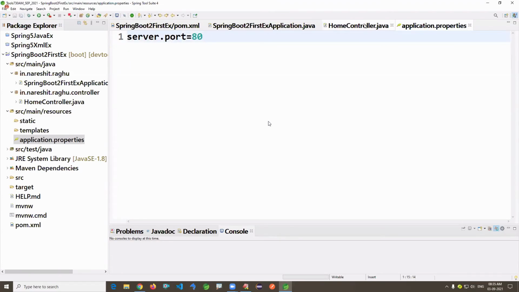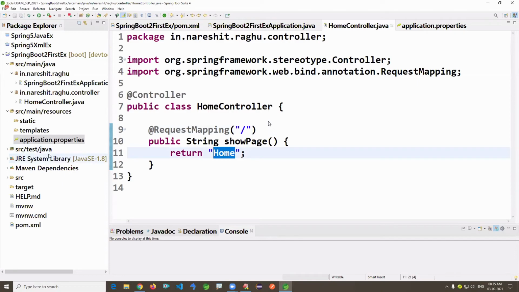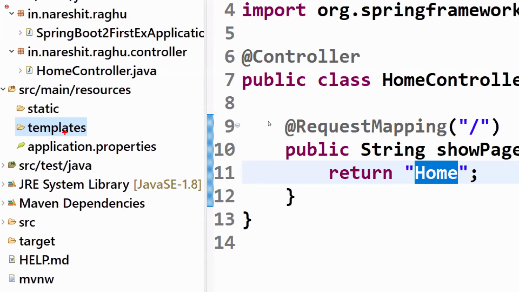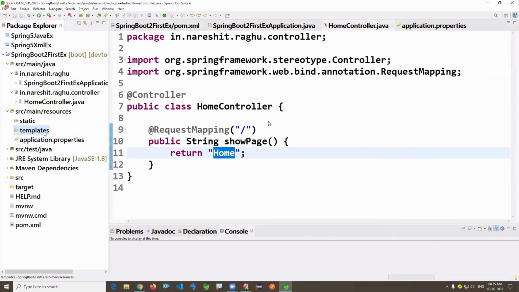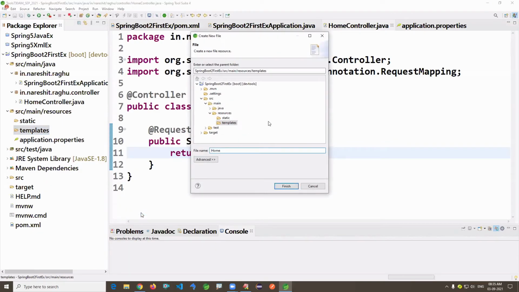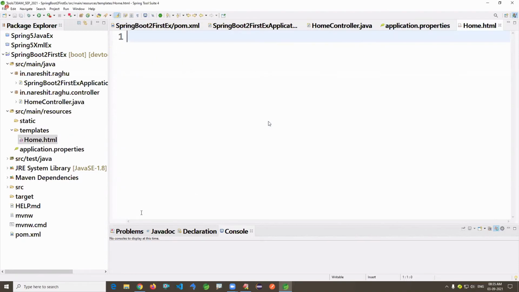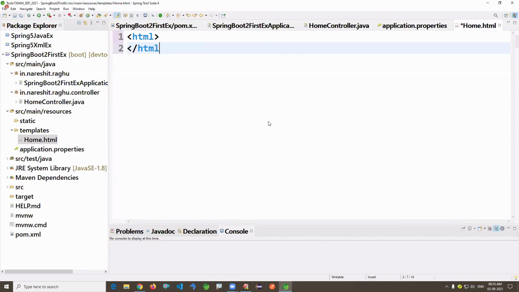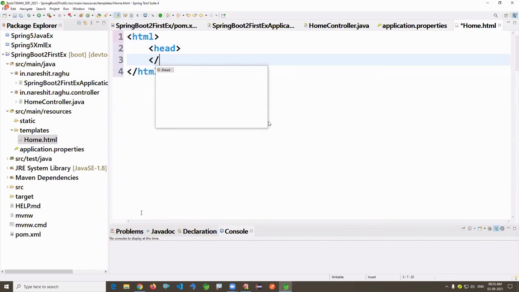Okay. I'm creating the page home.html under templates. Here, right click, new, go to file. It's home.html. There I'm writing one HTML. Writing head section. It's a title.